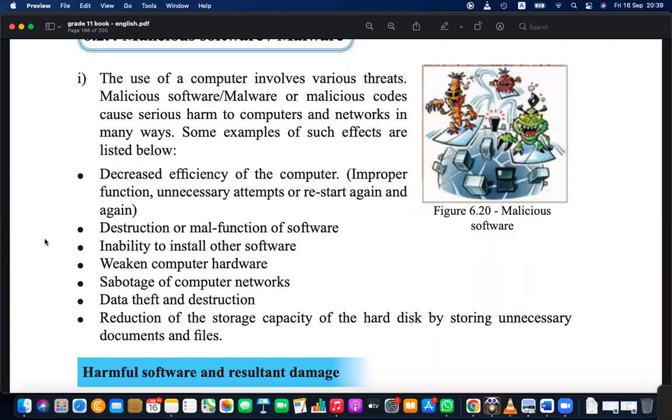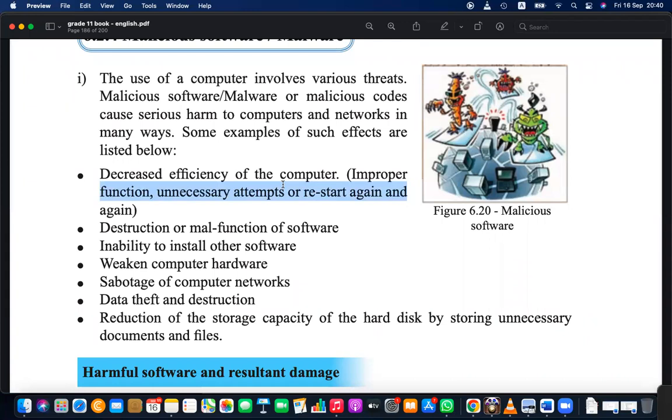It can harm computer hardware, software, and also data. When there is a virus infection, our computer will slow down because it is using our memory and processing power in an unwanted manner.